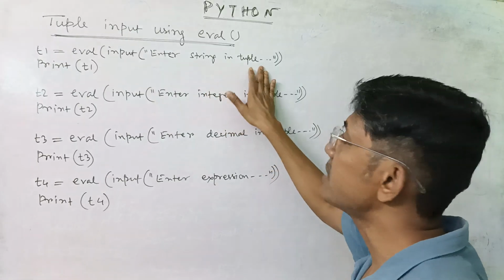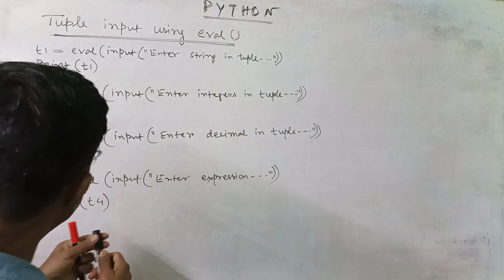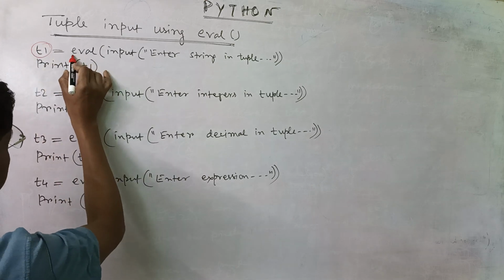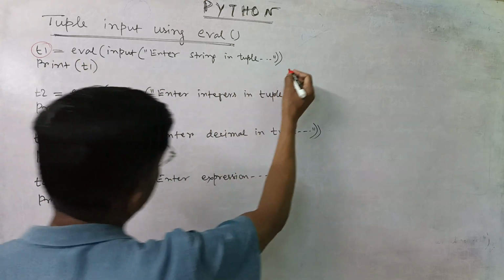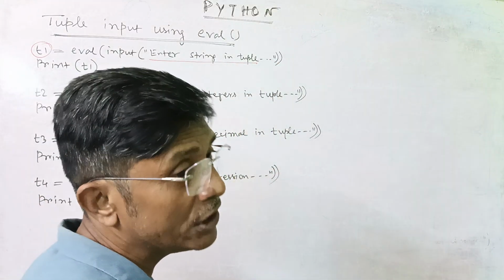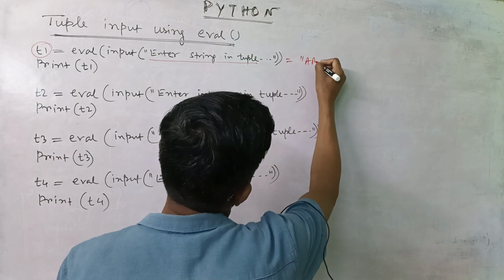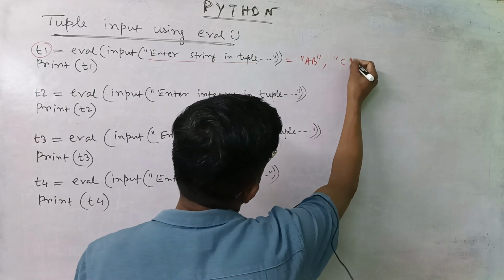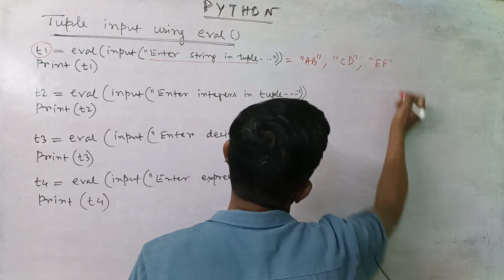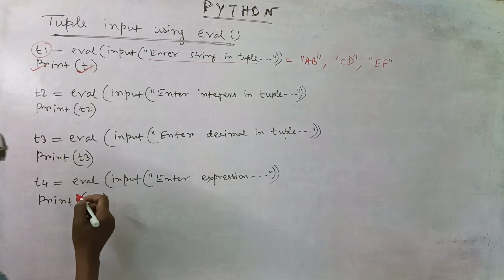Input, enter string in tuple. Whenever you write data using this function, how will you write the data? This just behaves like a tuple because of eval. When this statement comes in front of you on your screen, what will you do? Suppose you write AB in double quotes, comma, CD in double quotes, comma, EF in double quotes. In this way, if you print this T1,